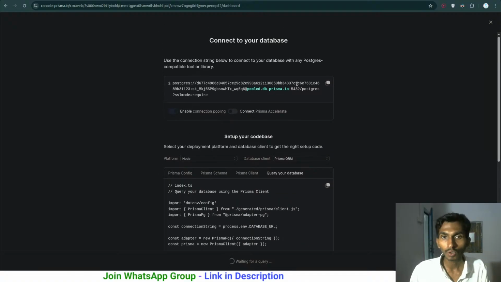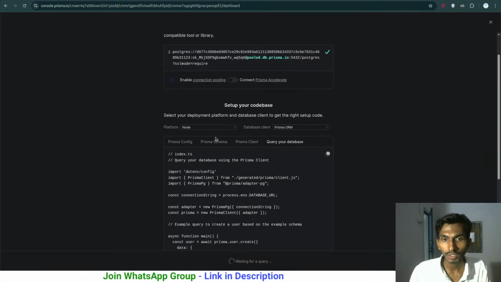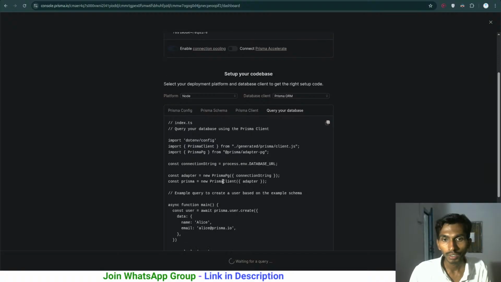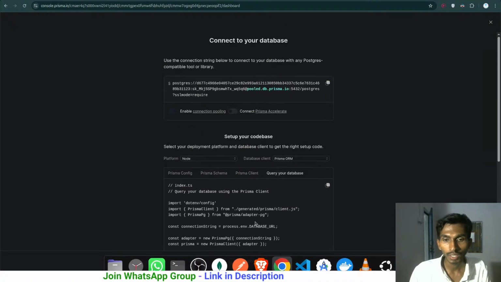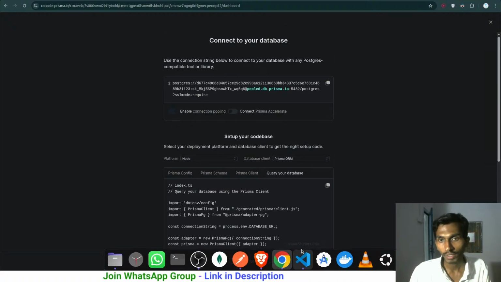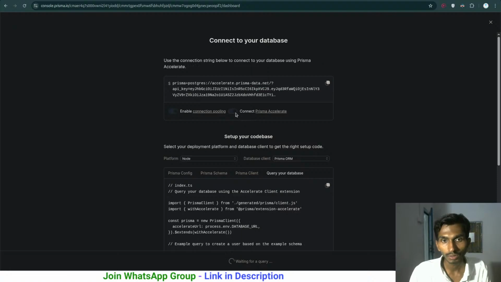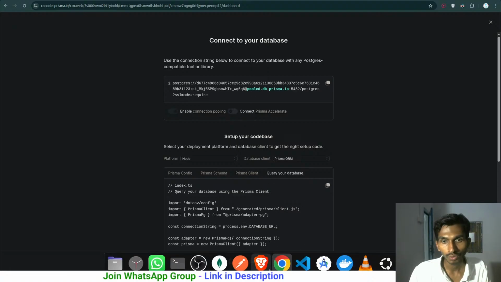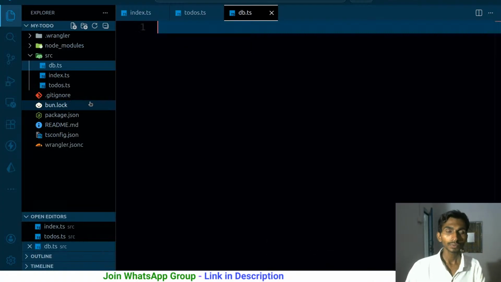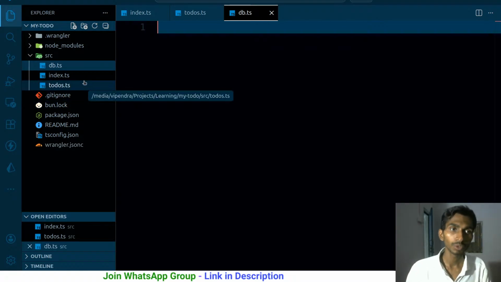So first of all, let's copy this at least, because I wanna push the data here. And to use this, it doesn't require that. So first of all, I need to push the data, so I need this, and later I will have to switch to Accelerate. Hopefully this is how it's gonna be working. Enabled, that is already enabled. Accelerate, we don't need to enable it. Fine. Coming back to this, so what we are gonna be doing here,